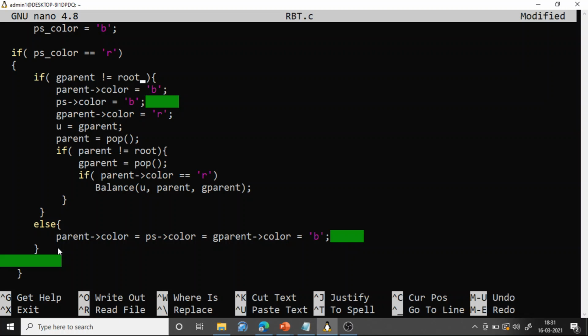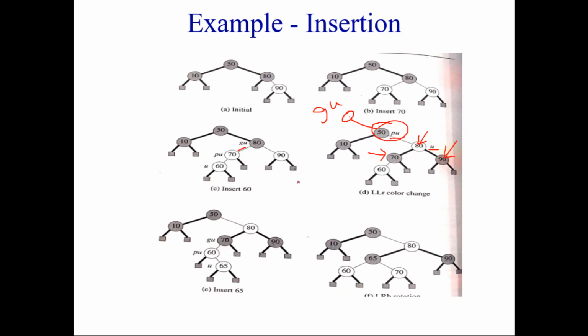That is, if the parent sibling color is not red, we have to rotate. If the parent sibling color is red, but grandparent is not the root node, the if is grandparent not the root node, else is grandparent is the root node. If grandparent is the root node, then what will you do?